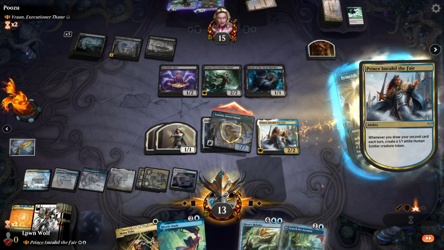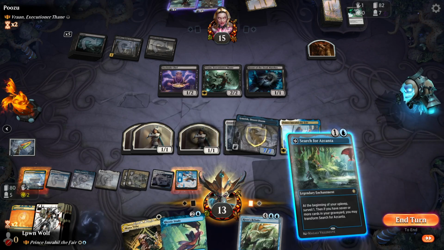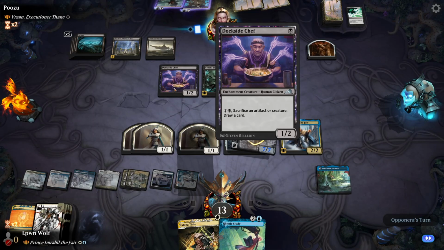River's Rebuke. Oh, we missed the River's Rebuke. But we get the Search for a Scanter, which should flip soon anyway. The thing is, the River's Rebuke there wouldn't have even been that good. I mean, yeah, it would have got rid of 3 things, but...